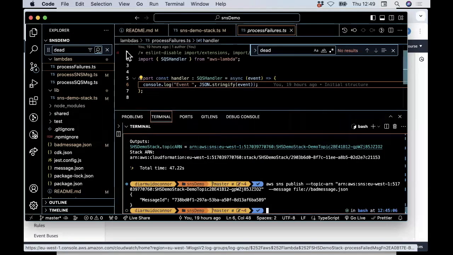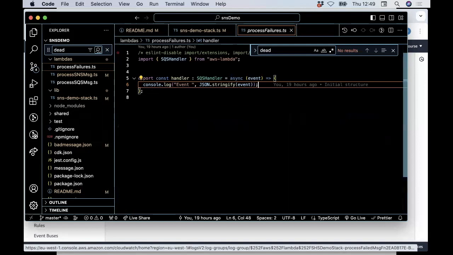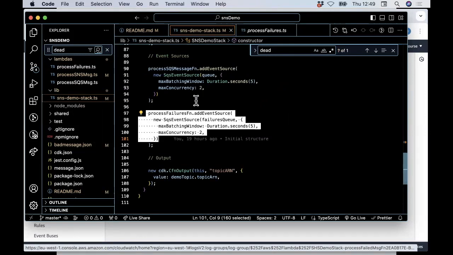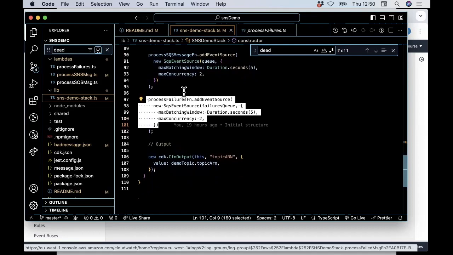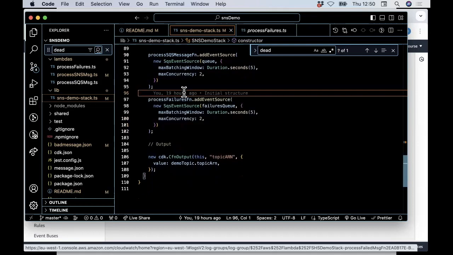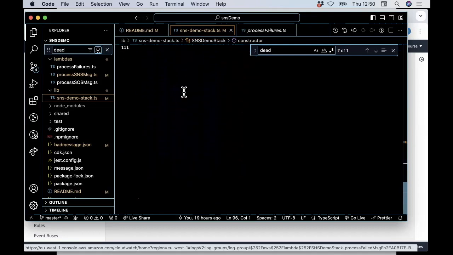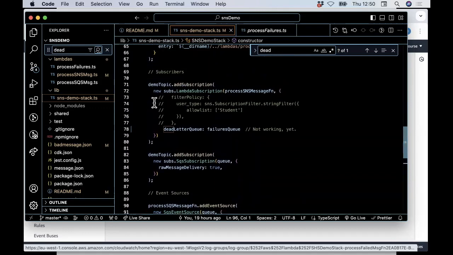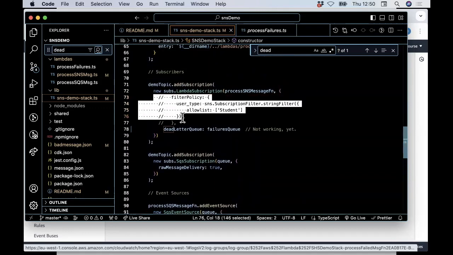I have defined some filtering, and just arbitrarily, I've decided just to demonstrate it on the Lambda that is subscribed to my SNS topic. And so if we look at this here, and now enable this,